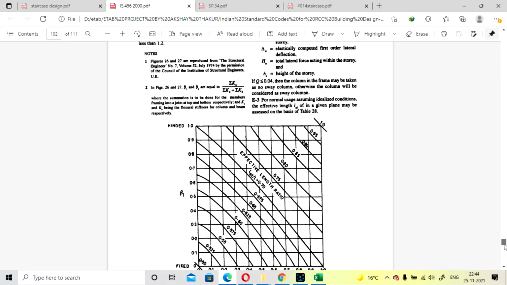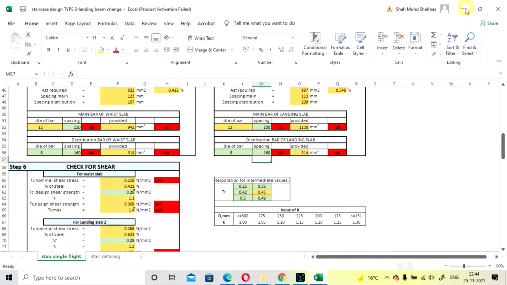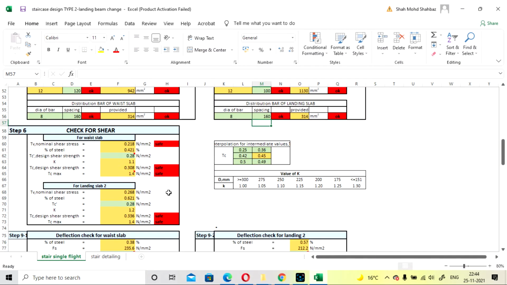I have already shown it in the manual design. Its value is taken from IS 456 table 19. If an intermediate value is needed, you can use this table to interpolate the value.